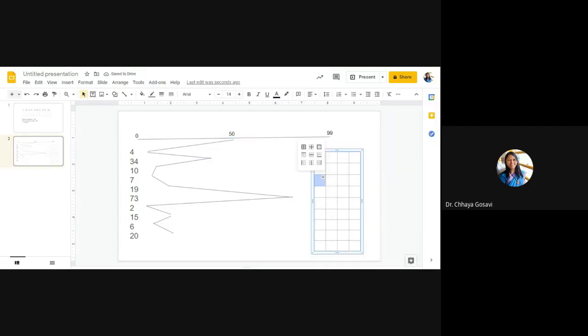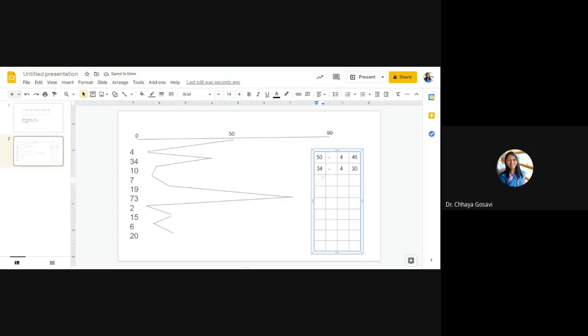So it is simple subtraction. We have to calculate distance traveled by read write head. Current head position is at 50. From 50 it traveled to 4. What is 50 minus 4? 46. Then from 4 it traveled to 34. So for distance, we take the mod value. It is never a negative value. So 34 minus 4, that is 30.